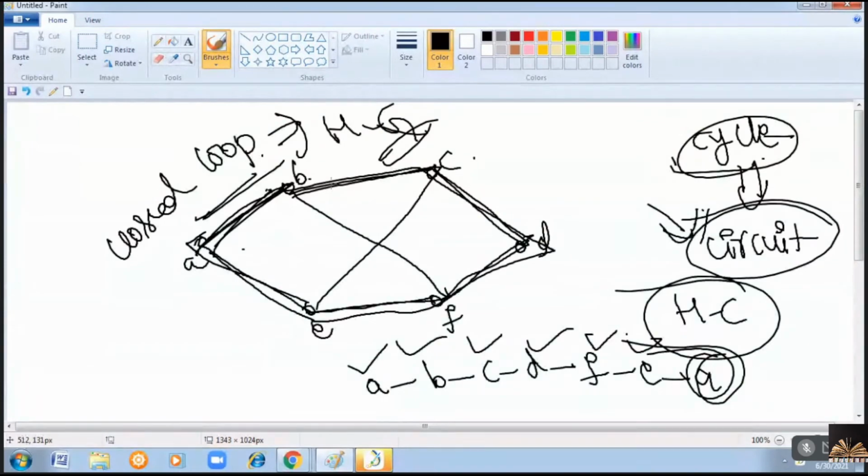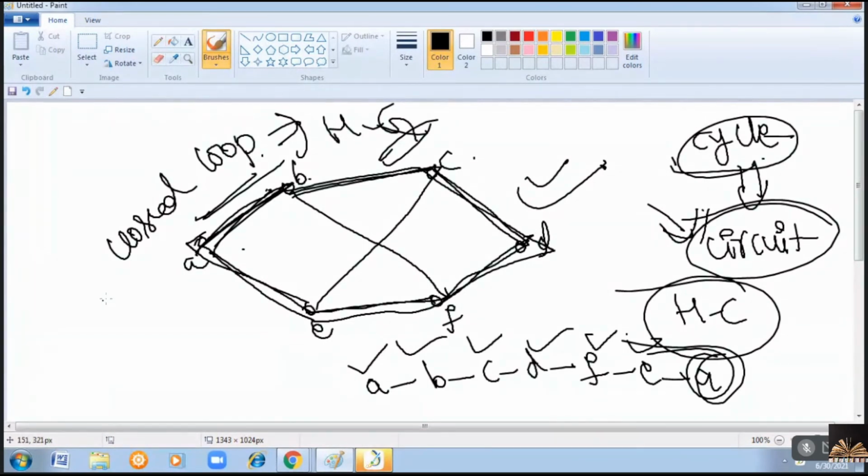So we have identified one more approach, that is finding the degrees of the vertices. Using the degrees of the vertices, we can verify whether the graph is an Euler graph or not. But that is not possible with Hamilton graph. For Hamilton graph, we don't have any simple approach to check whether there exists a Hamilton circuit or not. You have to verify all the possibilities except for a complete graph and for a closed loop. If a complete graph is given, you can simply say that it is a Hamilton graph. If a closed loop like this is given, you can simply say that it is a Hamilton graph.